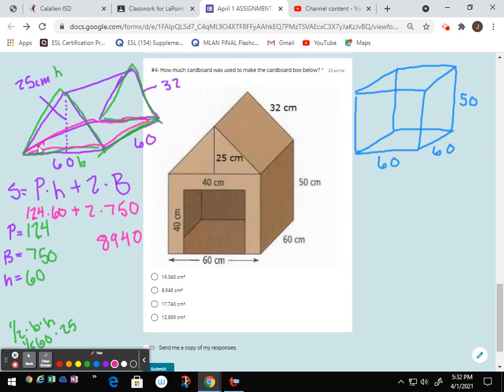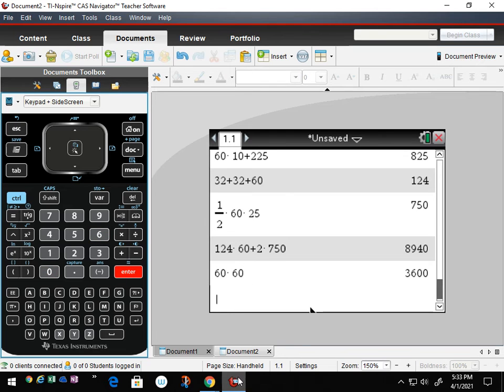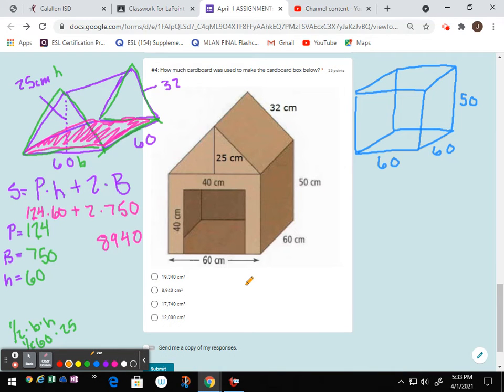So what we need to do is find the area of this rectangle, and subtract it from this number. We can see that this rectangle is 60 by 60. So let's see what 60 times 60 is real quick for the area of that rectangle. 60 times 60 is equal to 3,600. With this number right here, we're going to subtract 3,600. And what we get is 5,340. That is the total surface area for